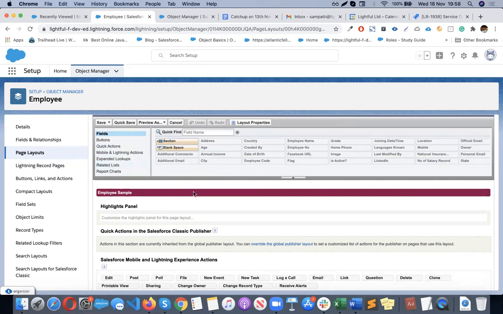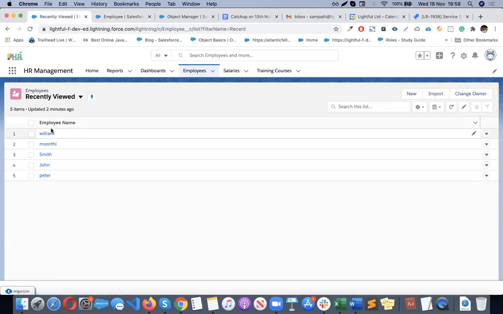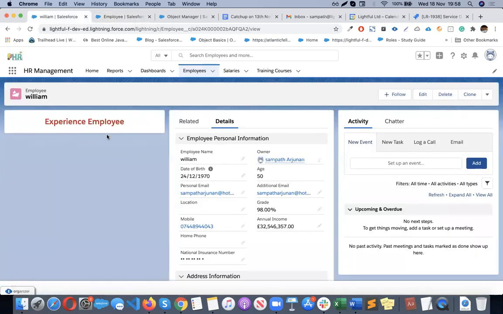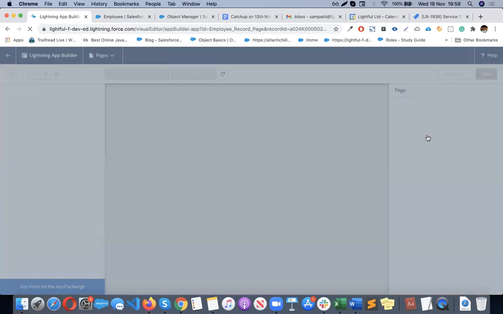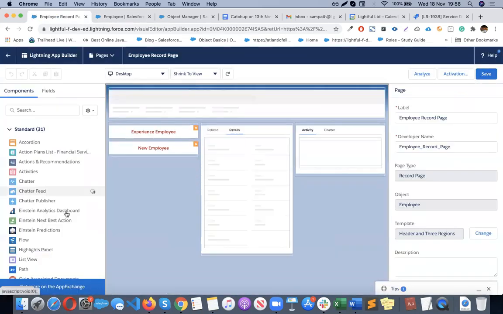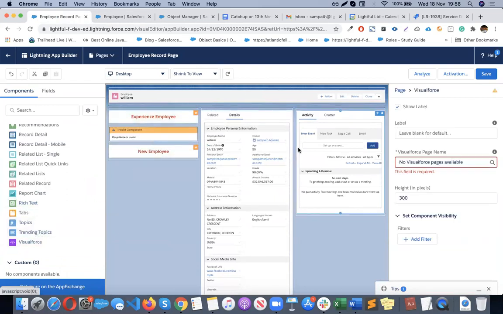Generally, you can create your own page and put it over here. But again, this is the old way of doing it. But in the latest way, you can simply add your own pages between these, wherever you want. So from the Lightning page, just edit this page. Here you will get all the templates. So Visualforce page, you can add it over here and choose which Visualforce page you want to display.